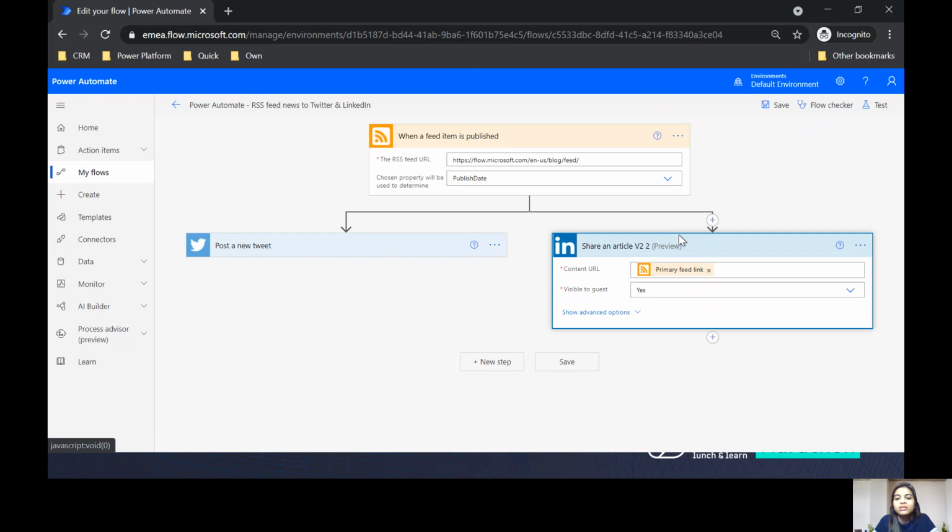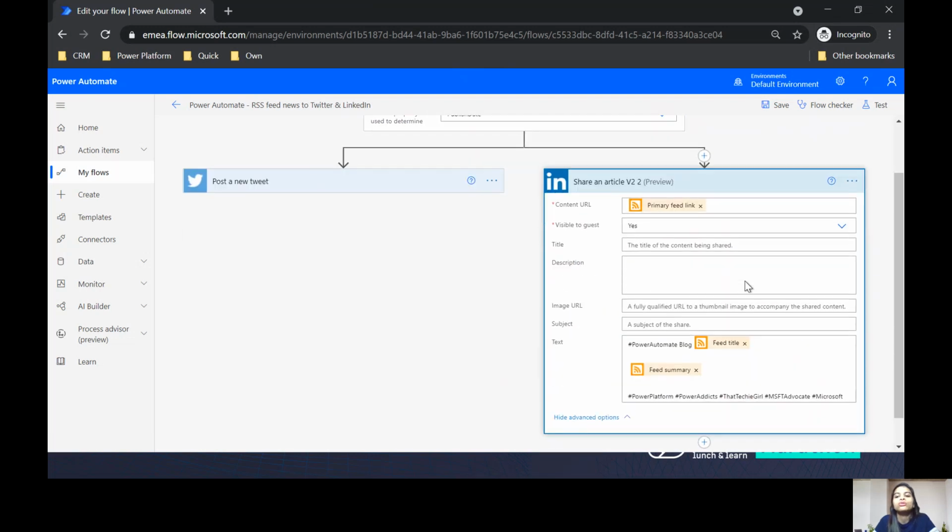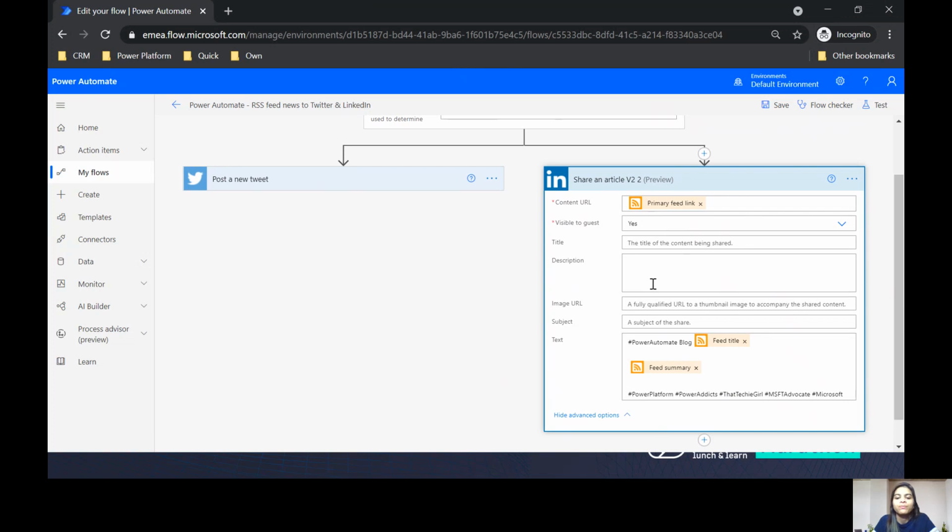Coming to the LinkedIn, this is a preview one again. This is not to be used in production, but this is for personal use, so I've used it. The content URL is a mandatory field, and the visible to guest is also mandatory. This is the URL that I've used, the primary feed link, to map it. This is for the blog URL, and I've kept the visibility as yes, because I want everyone to know about that information.